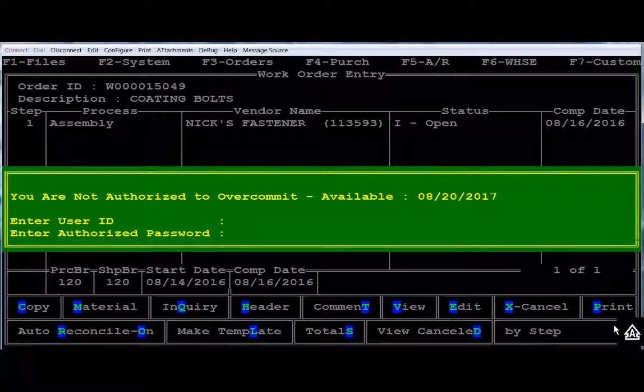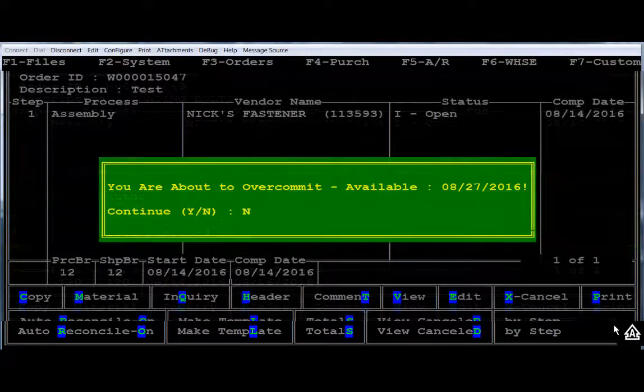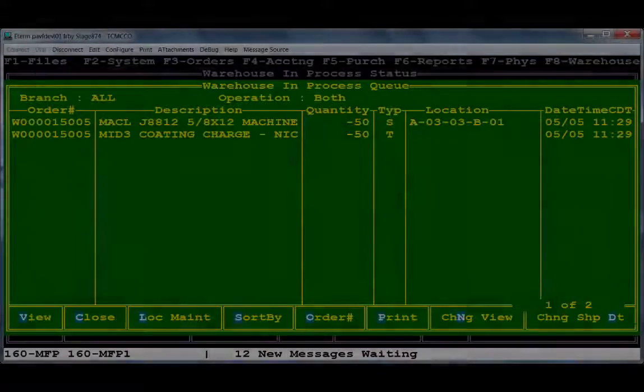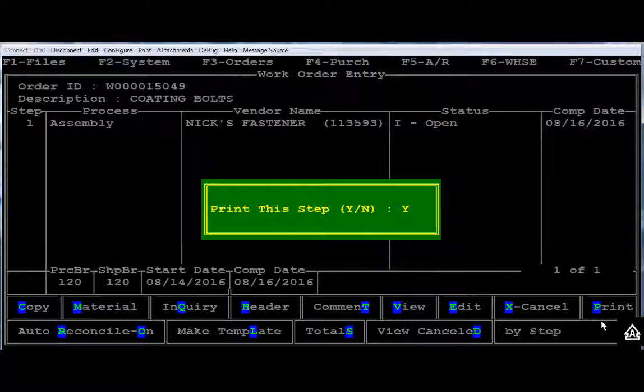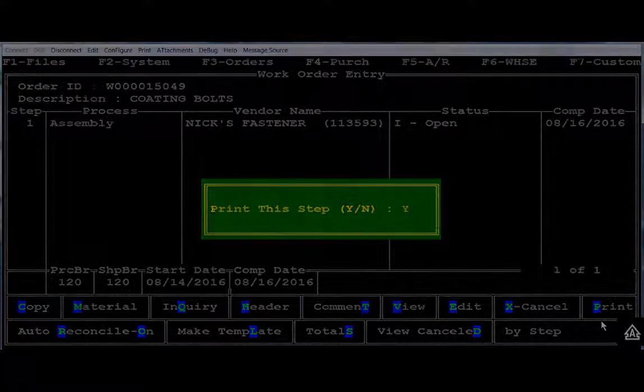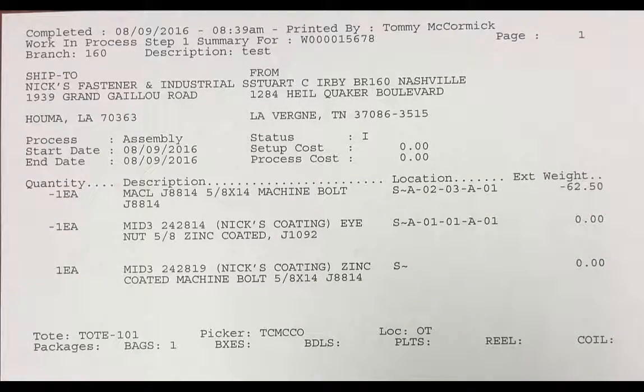If you see this message, you do not have the authority to overcommit inventory and will need to get with your manager for a temporary password. If you see this message, you do have the ability to overcommit inventory. You can reply yes to overcommit. If you're RF enabled for work order picking, the work order will be pulled by the gun. Otherwise, the final prompt asks about printing the work order. Always reply yes. This creates the work order ticket so the warehouse can pull the material